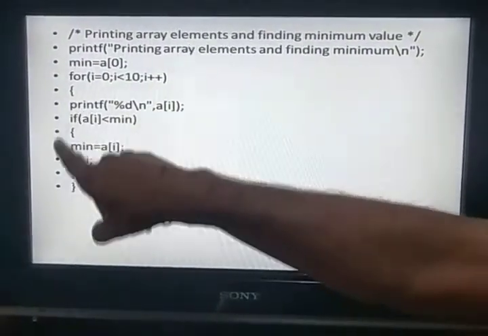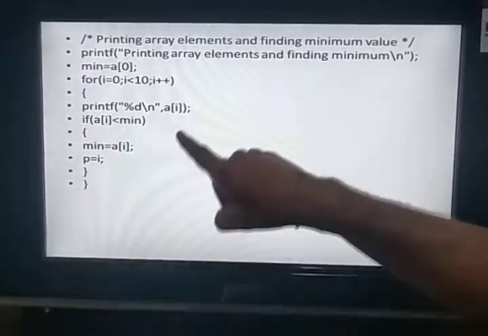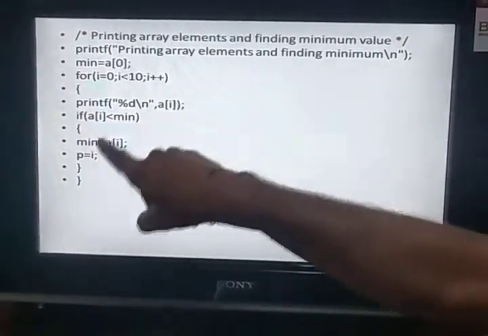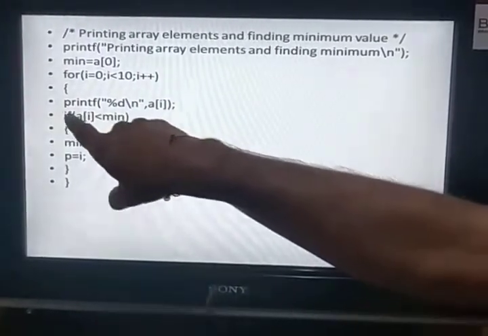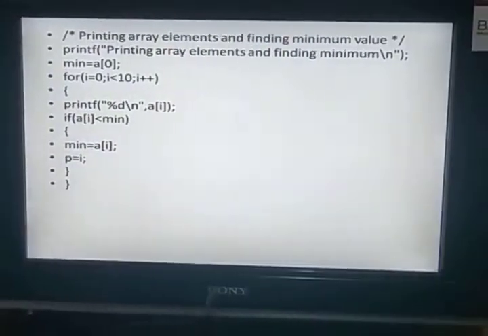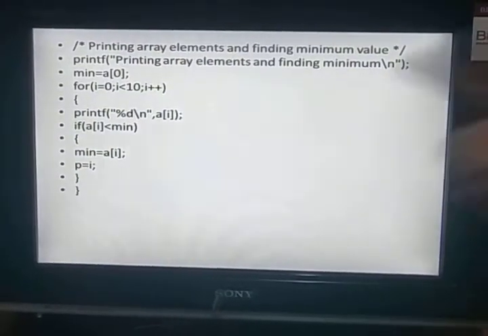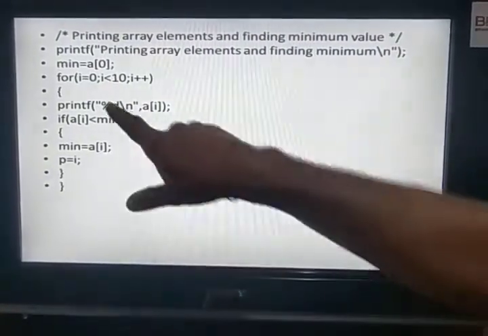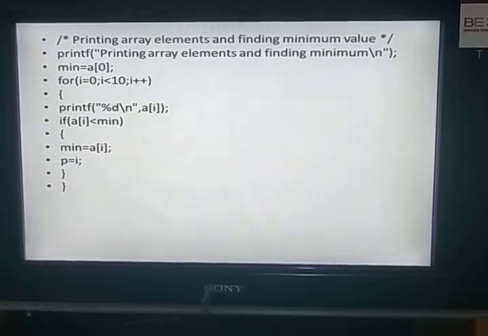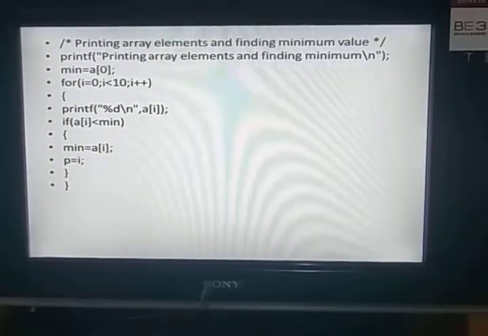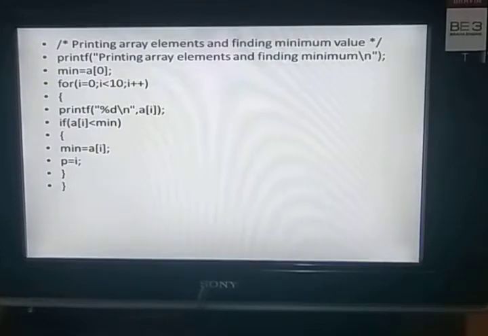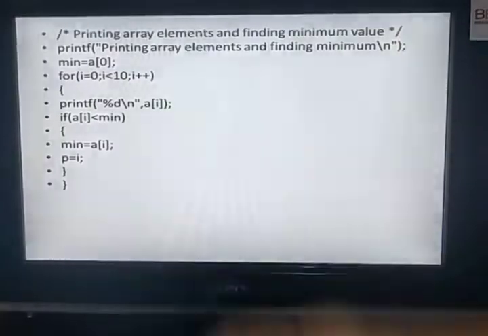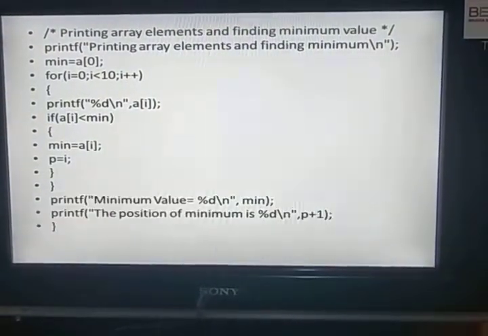In this case control will move directly to the next statement. These statements will not execute. These statements will execute only when this condition is true. Now i becomes 2, again it will check i less than 10, yes, then again it will print the value of A[2]. Like this it will compare all elements, and if i equals 10, then the loop gets over and control will move